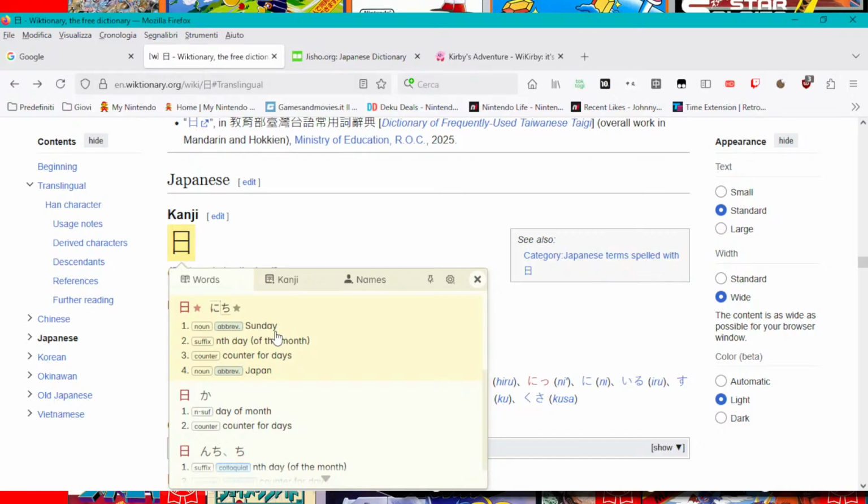And so you might find the nichi on its own as an abbreviation. Again, also for the suffix and counter, as in nth day of the month, or counter of days. And last but certainly not least, an abbreviation for Japan, since